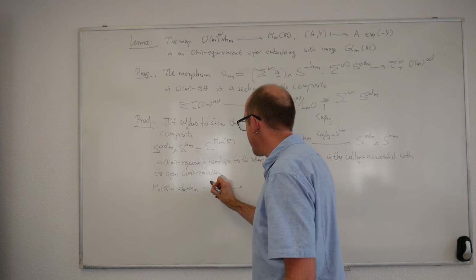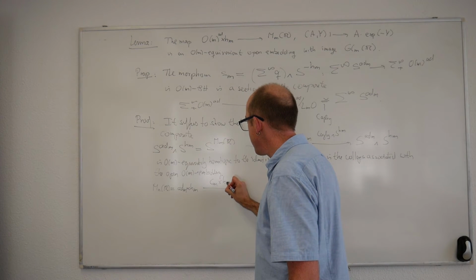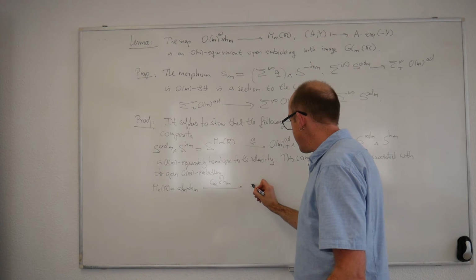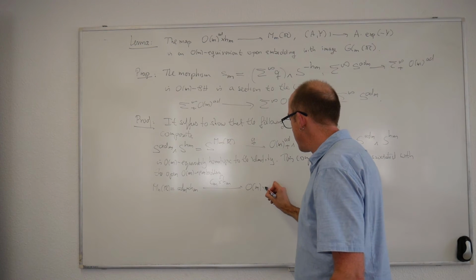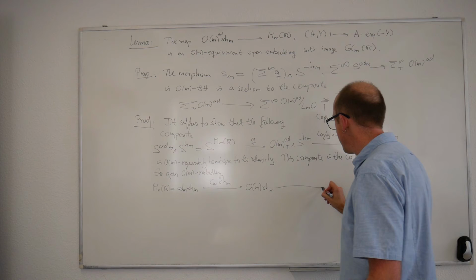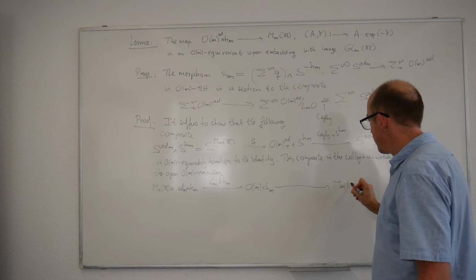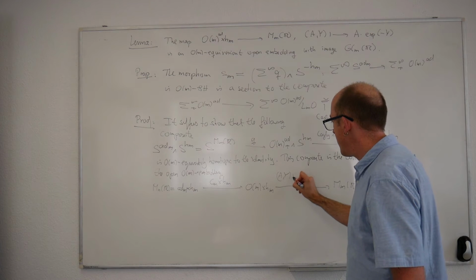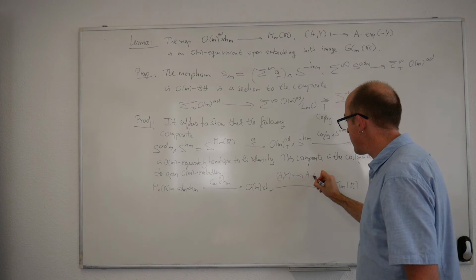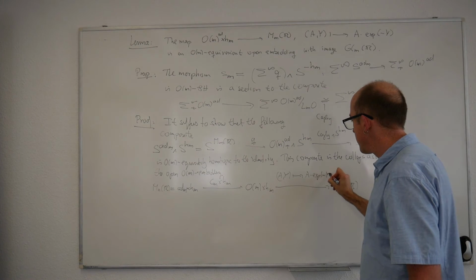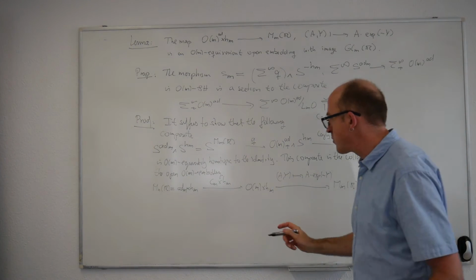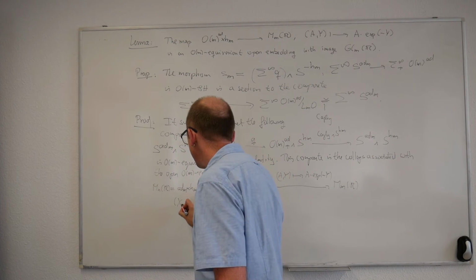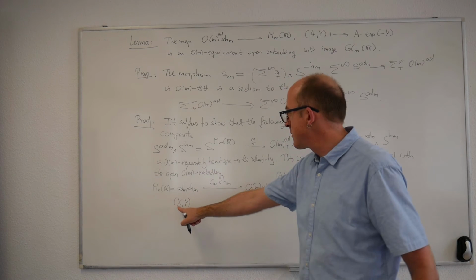Here we took the mth Cayley transform and the identity on HM. This gets us to O(M) cross HM. Here we took the other map back to M by M matrices, which sends a y to a times x minus y. So if you work everything out, this composite sends a pair consisting of a skew symmetric matrix